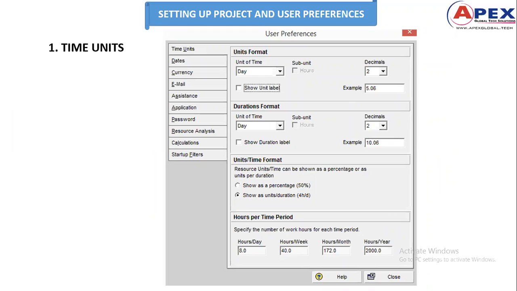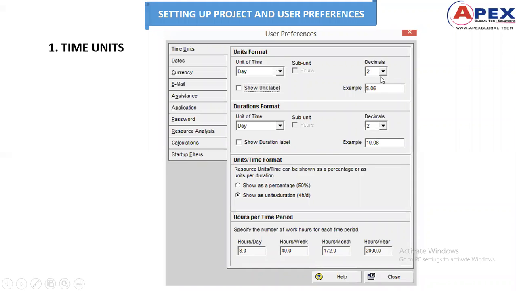Any of the projects we handle in project management, we handle in the basis of hours, days, or months also. While I was in JSW, we used to handle the projects in terms of days as well as months. Now in these initial settings, we will have some unit formats, that is time units. That is unit of time. We will usually keep it as day in duration format. We'll keep the unit of time as day.